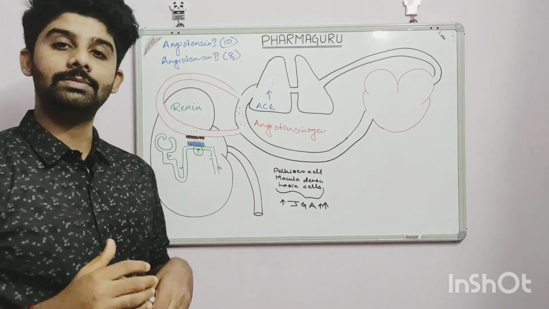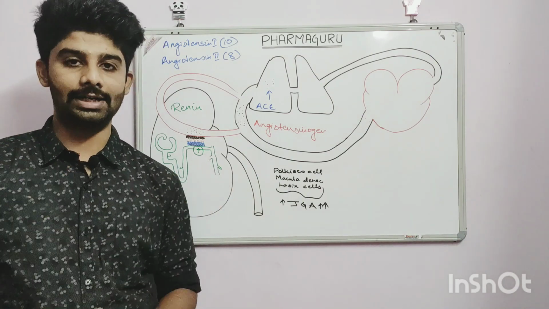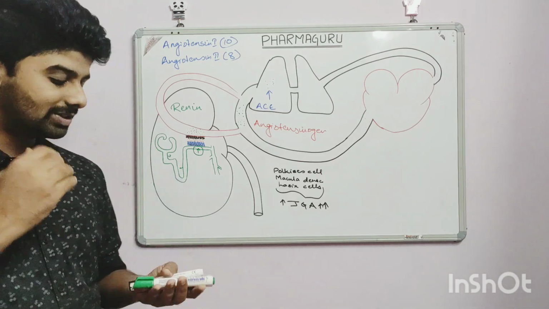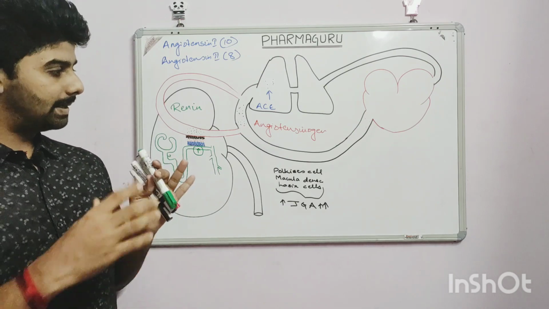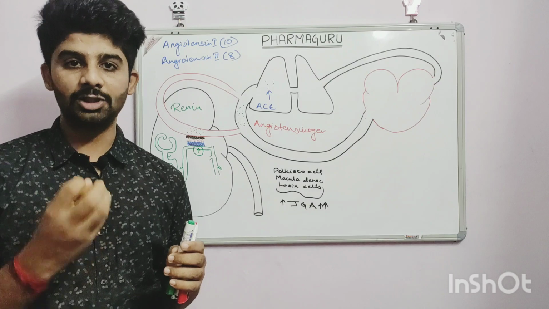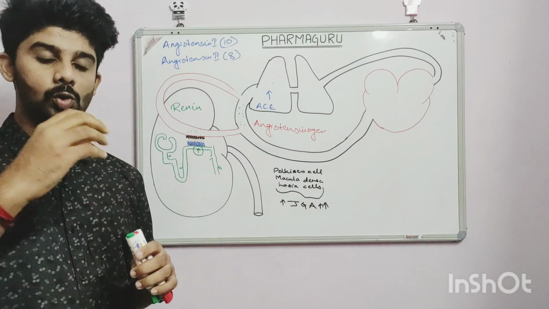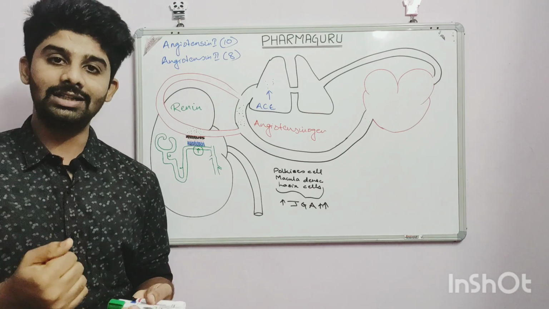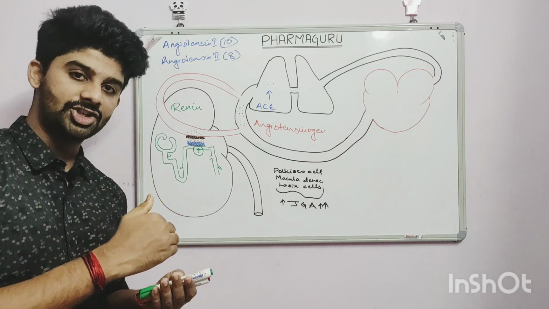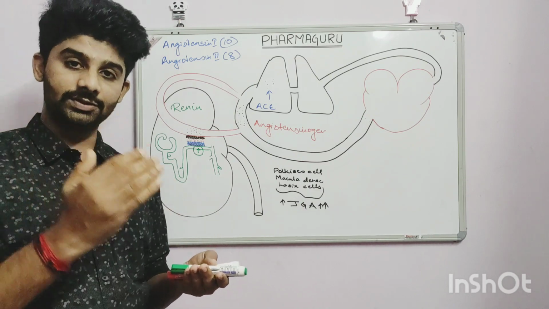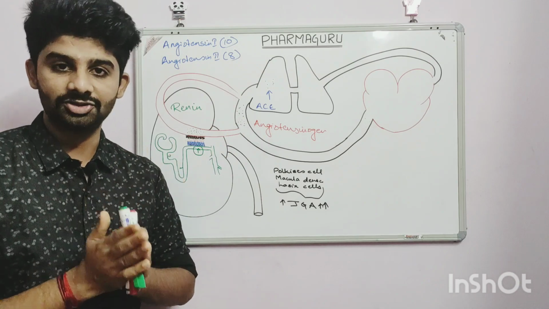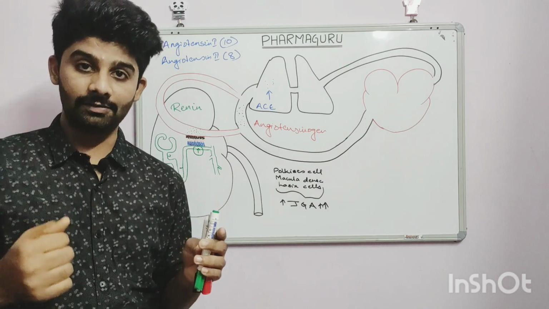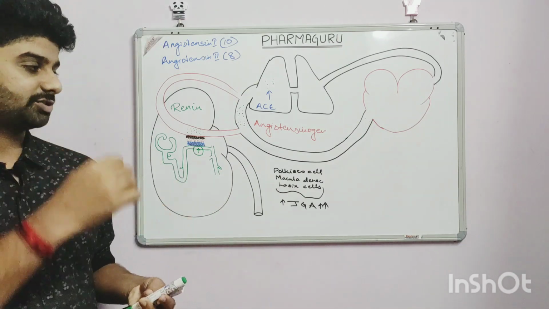Now when angiotensin comes into the systemic circulation, the real progress will start here. Angiotensin 2 is a powerful vasoconstrictor, we all know. How does that vasoconstriction happen? The blood vessels in our body contain the receptors for angiotensin 2. Angiotensin 2 goes and binds to the receptors present on the blood vessel surfaces, and this binding leads to the influx of calcium into the blood vessels. Since there is influx of calcium, there is resultant vasoconstriction.